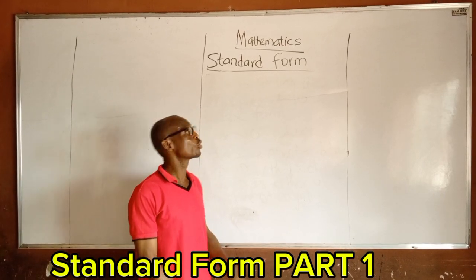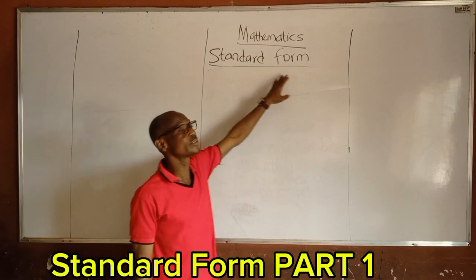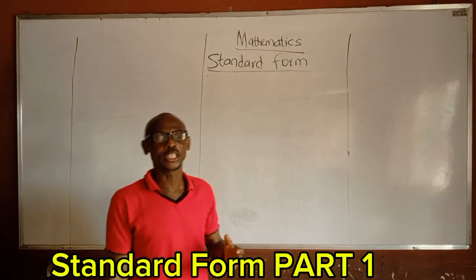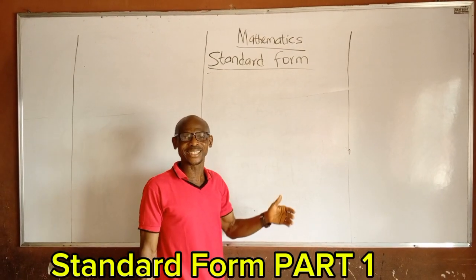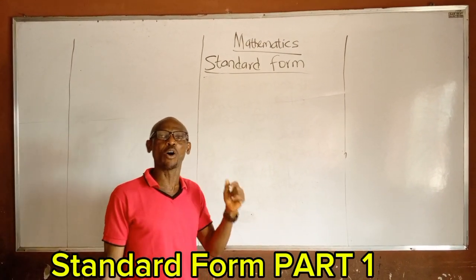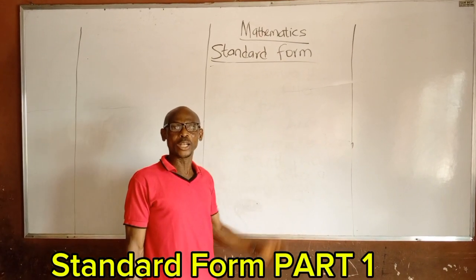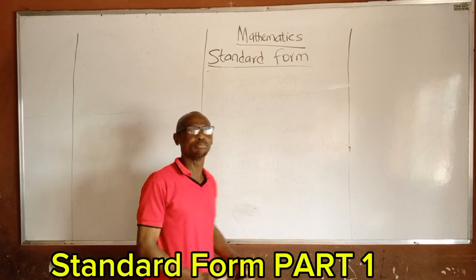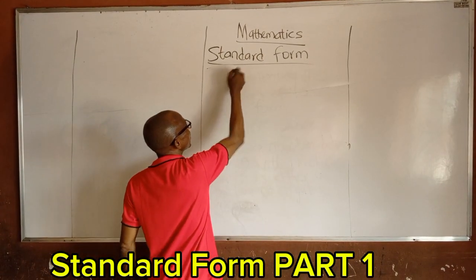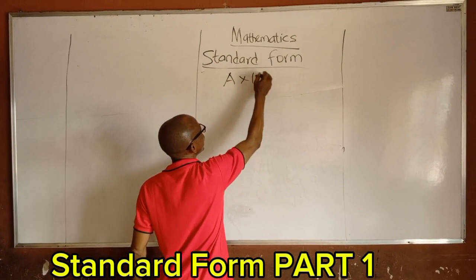Today we are going to look at the topic standard form. Standard form is basically writing the multiples of 10 in index form. When numbers are written in standard form, they are usually given in this form: a times 10 raised to